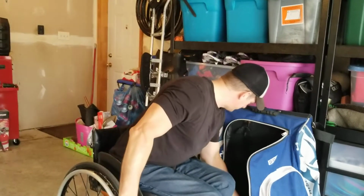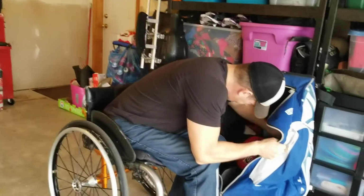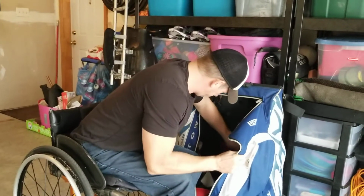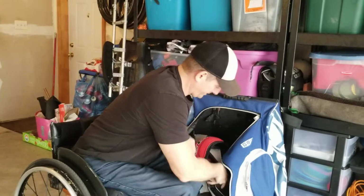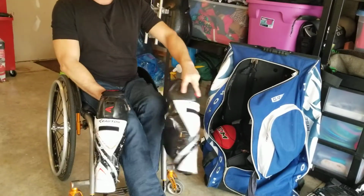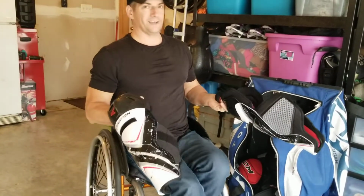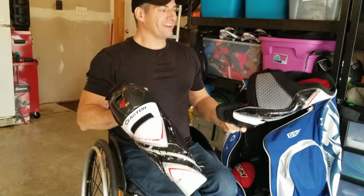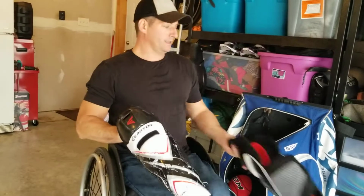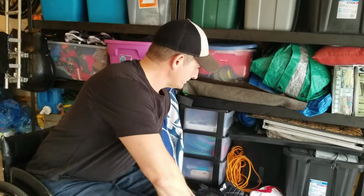Shin pads. Where's the other one? Oh, there it is. It's like, where did it go? So, shin pads. Very important to wear your shin pads because a lot of pucks are shot at you, and more than pucks, it's sticks. People whacking at the puck. You'll get whacked more with sticks on your shins and on your feet than you do with the puck, really. So there's shin pads,